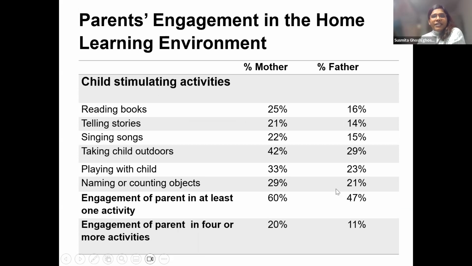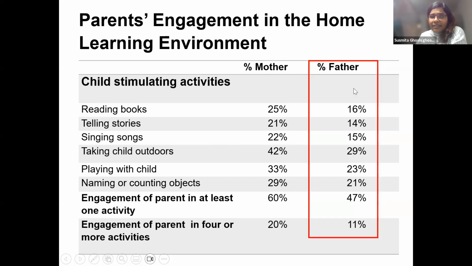This table is showing the parents' engagement in the home learning environment. As I mentioned, the home learning environment includes all child stimulating activities, like reading books or telling stories. You can see here that compared to mothers, the fathers are less likely to engage with their child in these stimulation activities,